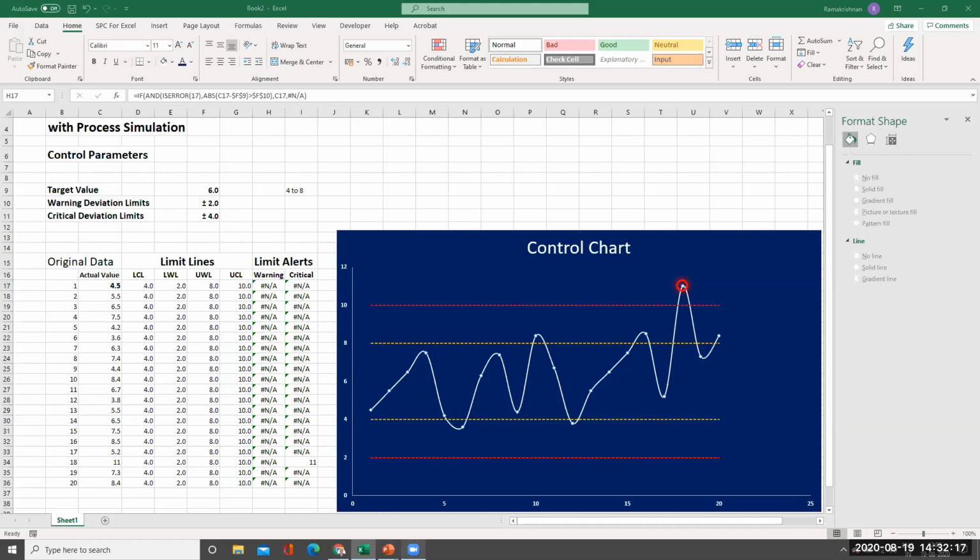Let's see here. Greater than F11, this is okay. This must be if and condition is there.